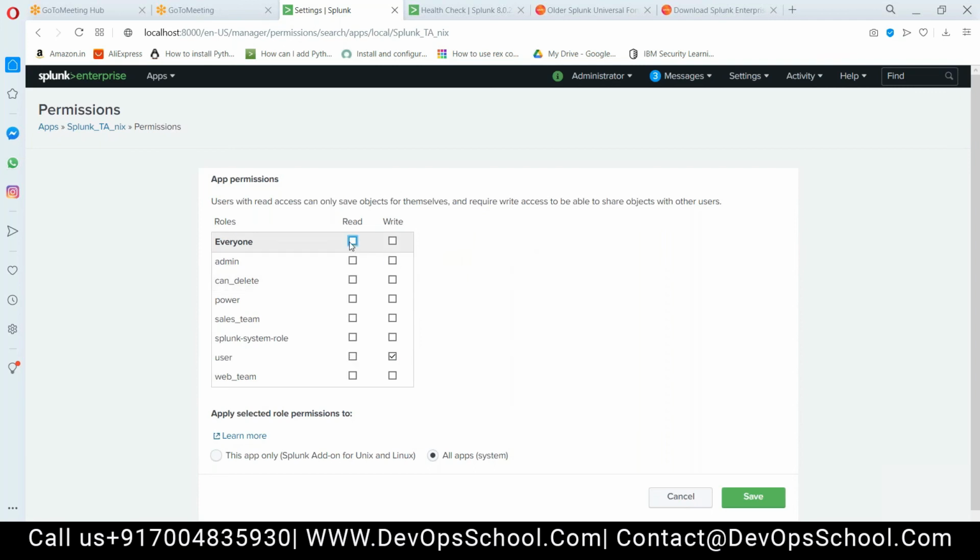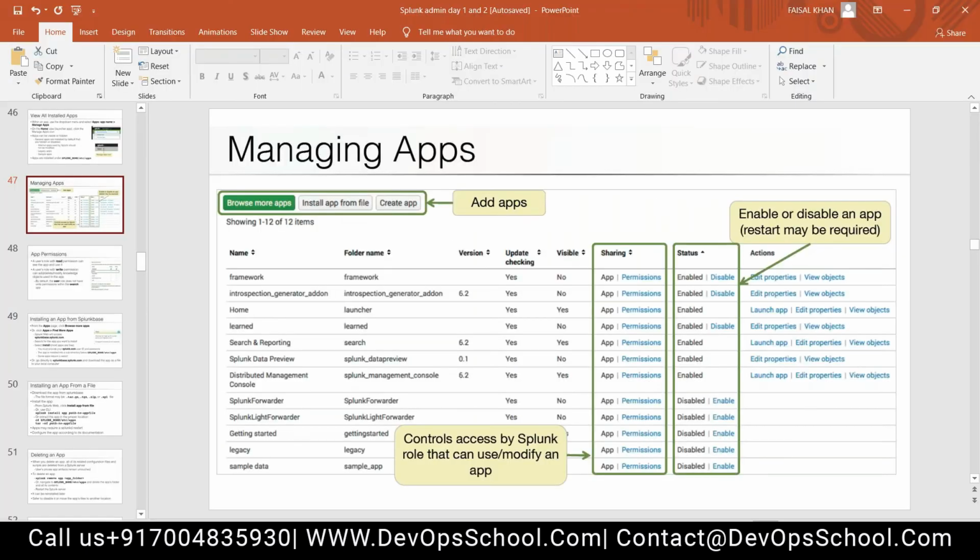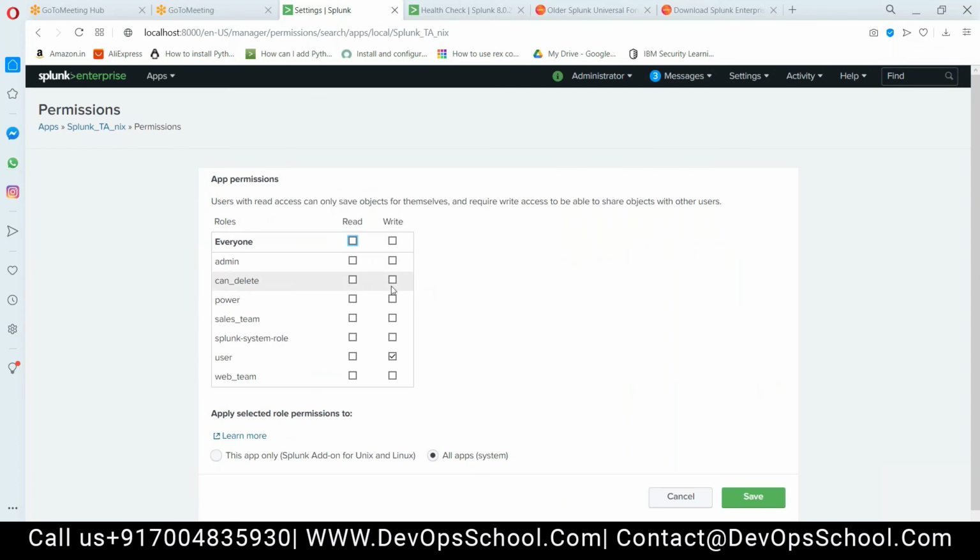I don't want anybody else to read my app, I can unselect this one. These are the permission settings you can set, and this is similar for a report or an alert. That's how you define it based on role. If you want to give everyone access, just select this one and this one. Now everybody can read and write it.